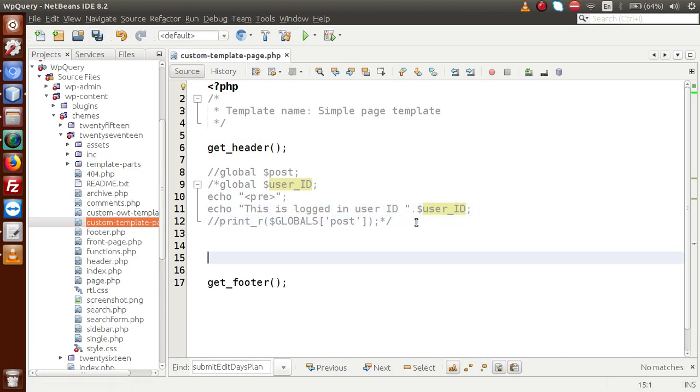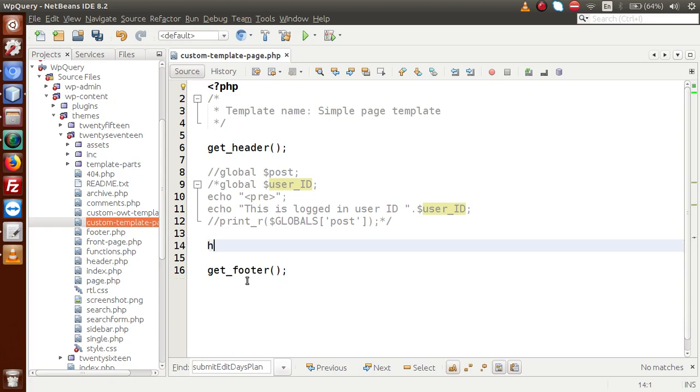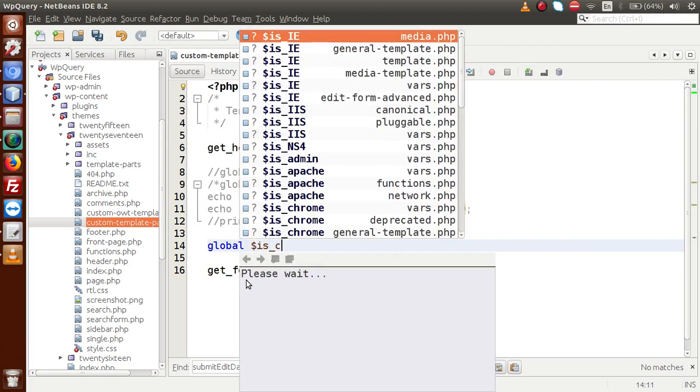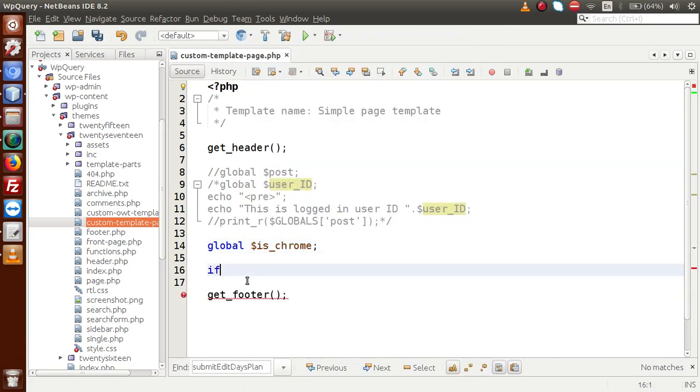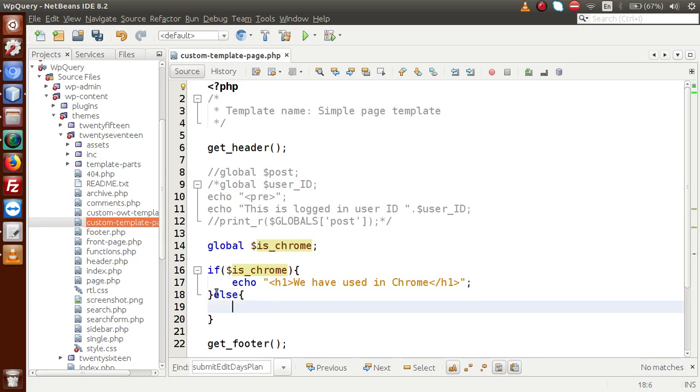Let me declare it. We are going to use Google Chrome, so we use is_chrome, which is the global parameter for that. First of all we have to declare it, so let's say global is_chrome, and if the opened application is in Chrome, let's say we have used in Chrome. Let me wrap all these things inside an h1 tag. These are the statements. Also we have some spelling mistakes to fix. Else, let's echo this is not